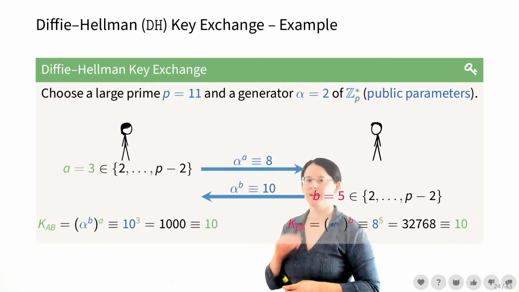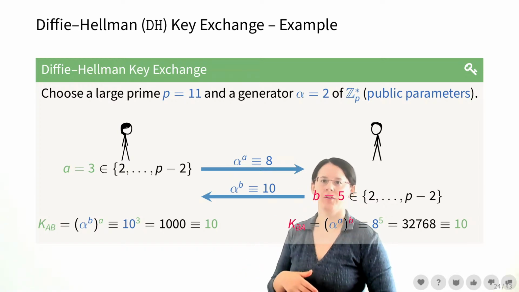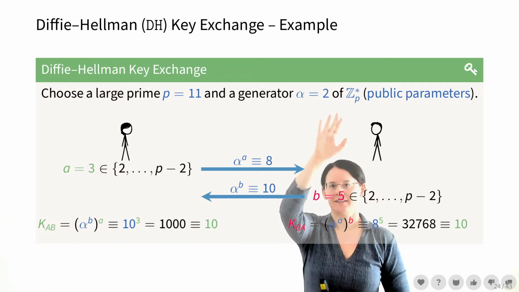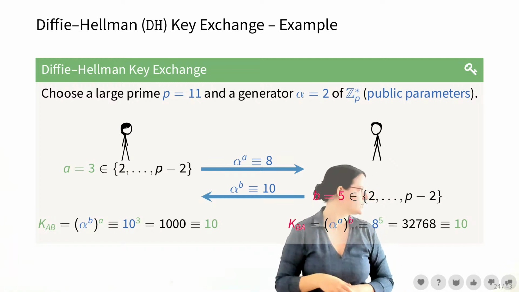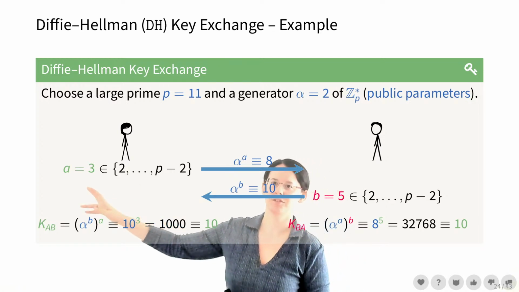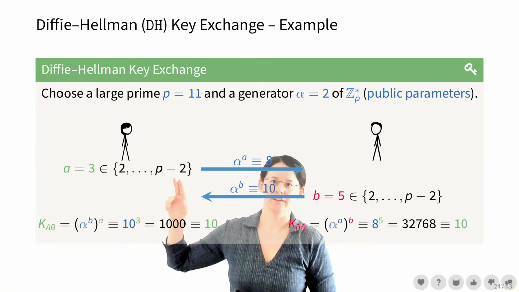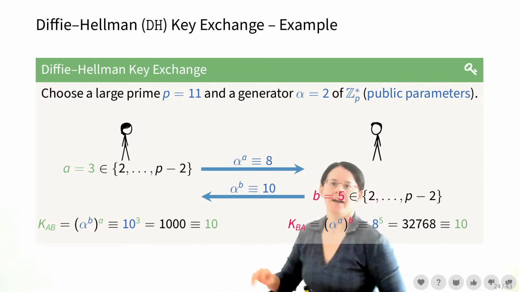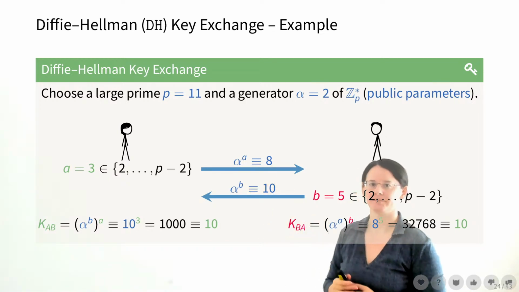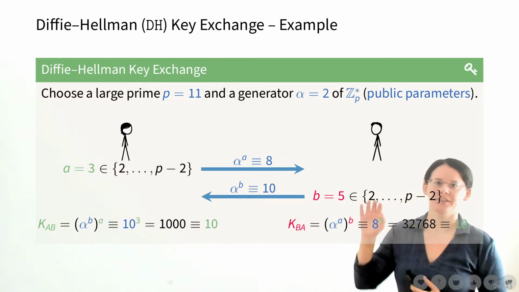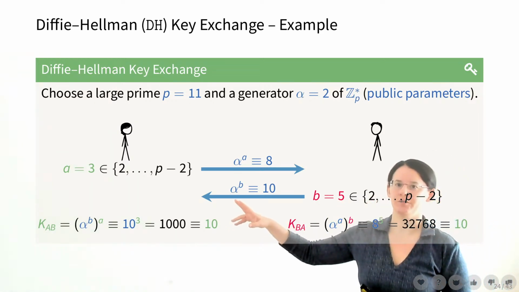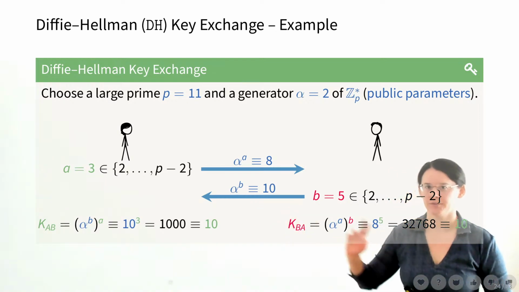So let's again recall our example of computation modulo 11, in Z11 star. And let's again pick our favorite generator 2. So these are our public parameters. Now Alice throws her dice and chooses a value between 2 and 9, which results in 3, and sends to Bob the result of 2 to the power of 3, which is 8. Bob does the same thing. Turns out that this time he chooses randomly the number 5. We remember that 2 to the power of 5 modulo 11 was 10, so that 10 is the value